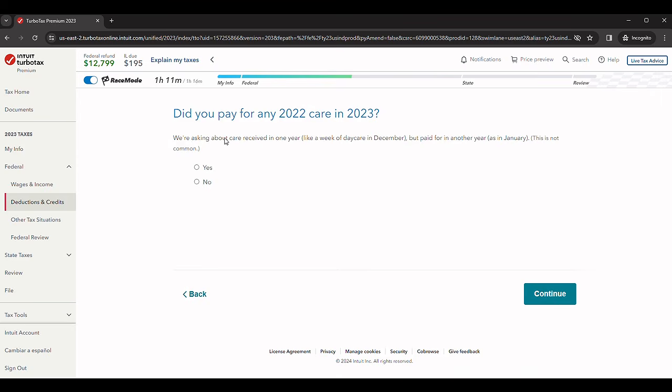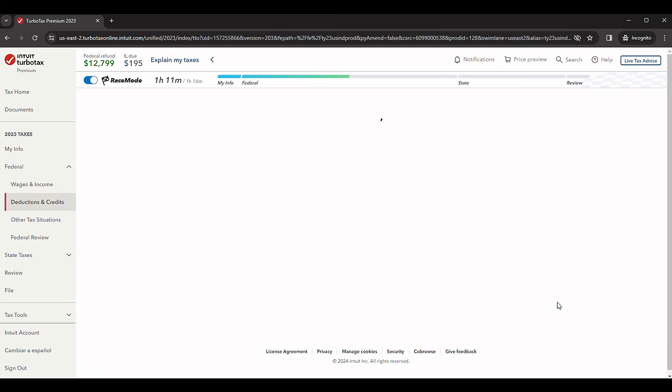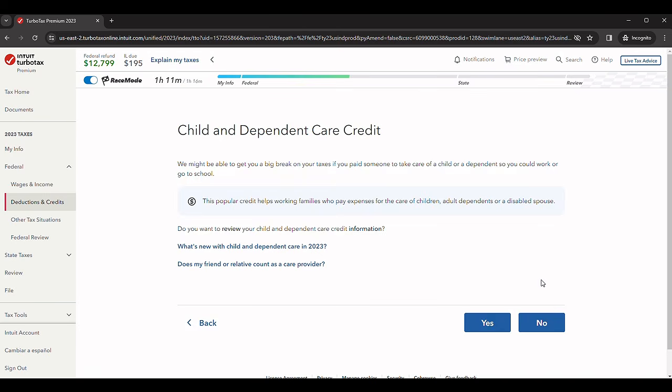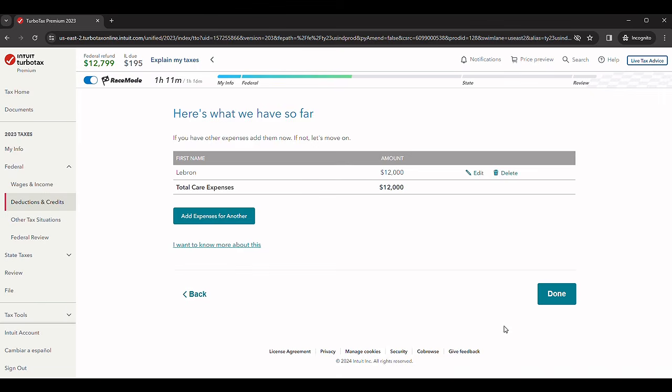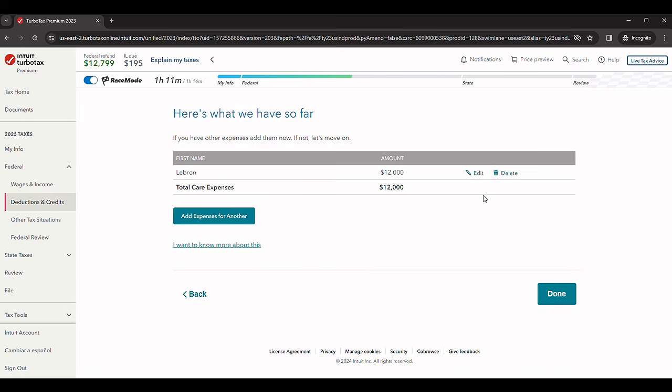We're asking about care receipt in 1 year. Okay, right now. But do you remember that section? I've got to take you back now. So do you remember this section? Where is it? Okay, edit. There it is. Continue. Okay, I'm not going to try and navigate this. Basically,